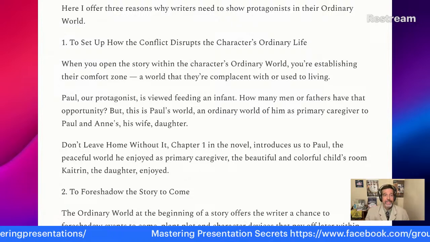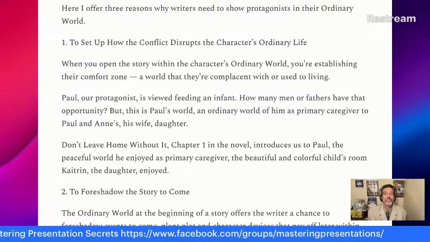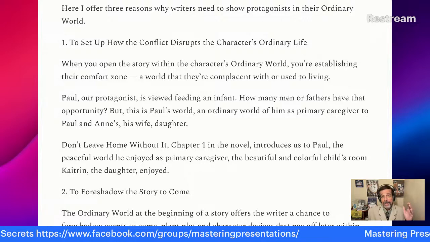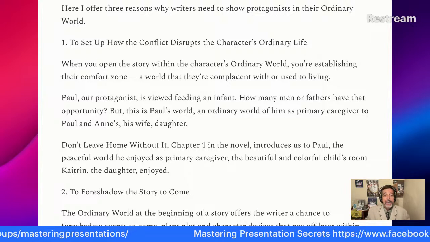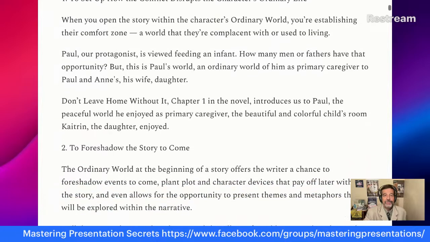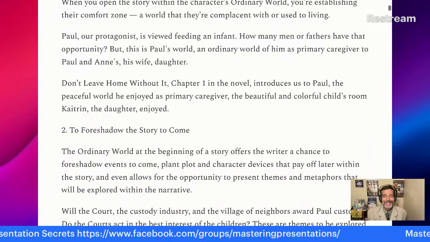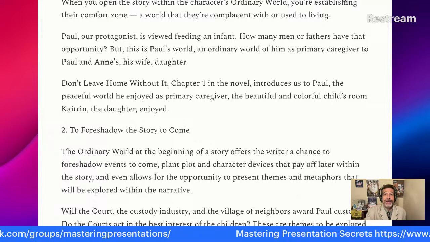And that's where we begin a story. You want to set up the conflict and how this disrupts the character's ordinary life. So we see the character in an ordinary, happy life, everything's fine, peachy keen. When you open up the story within the character's ordinary world, you're establishing their comfort zone, a world they're complacent with or used to living in. But of course, this is not how things go.